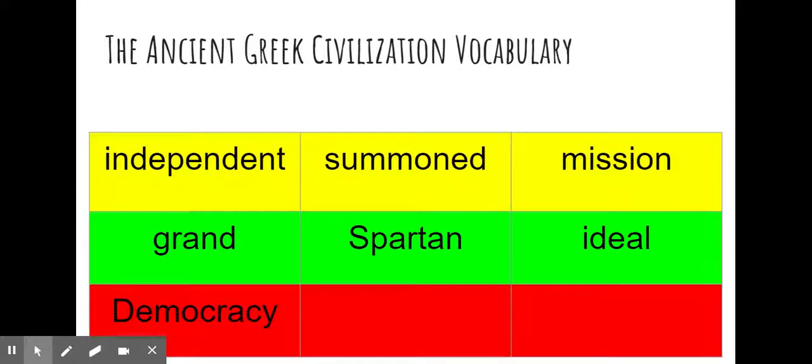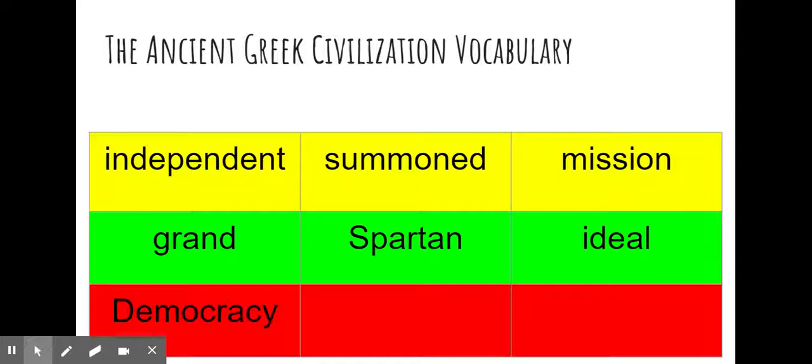Again, I will read the word. You will repeat that word after me. Independent, summoned, mission, grand, Spartan, ideal,